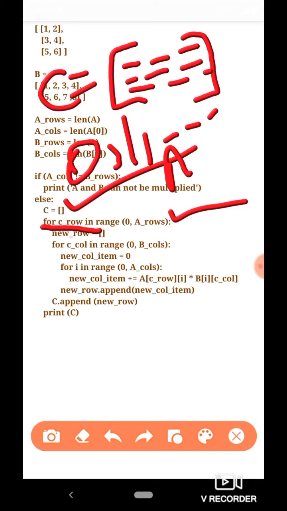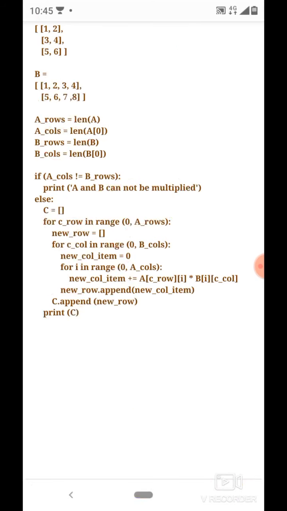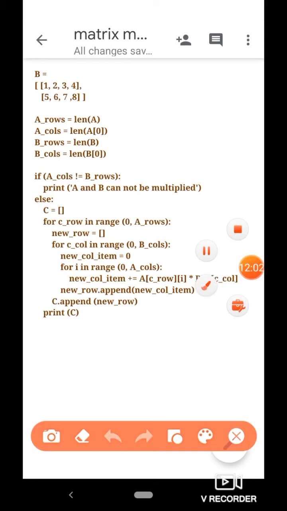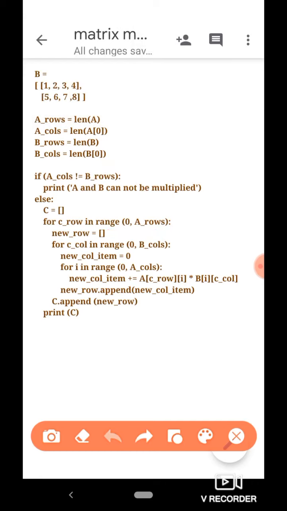Remember that matrix C is going to have size a_rows, the number of rows, by b_cols, the number of columns. The loop must run for the values 0 to a_rows minus 1. This is obtained by the range function, and the loop variable c_row represents the row number being computed.